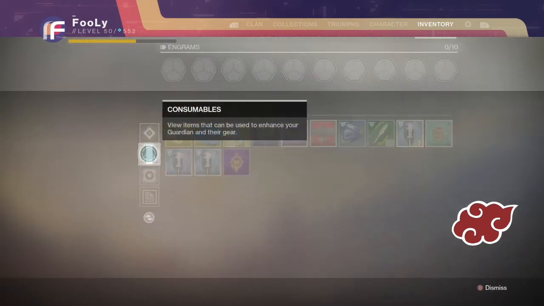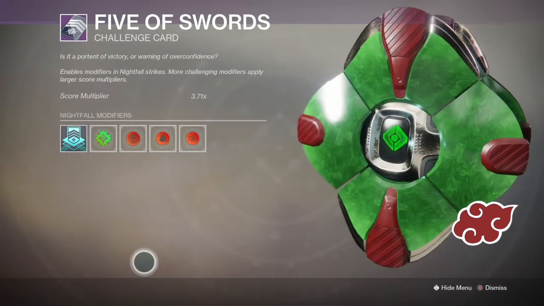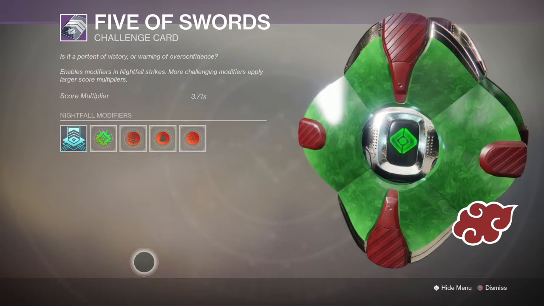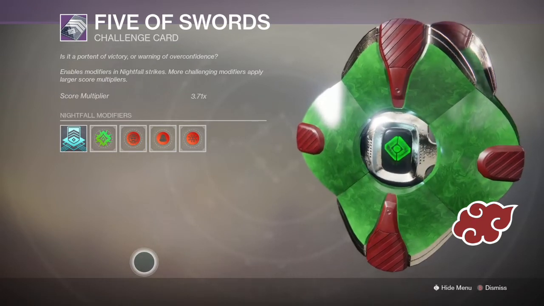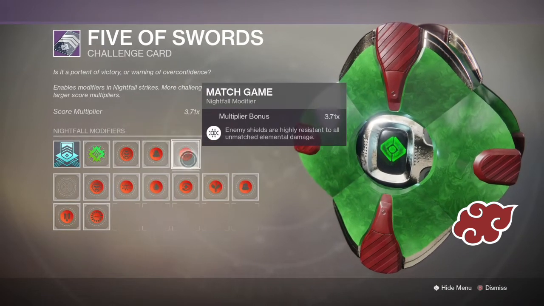But I'll show you my card, what I ran it with. And I did Inverted Spire. The only reason I did that is because it's a vanilla strike. Everybody knows how to run it. It's really easy. We did Extinguish, Blackout, and Match Game